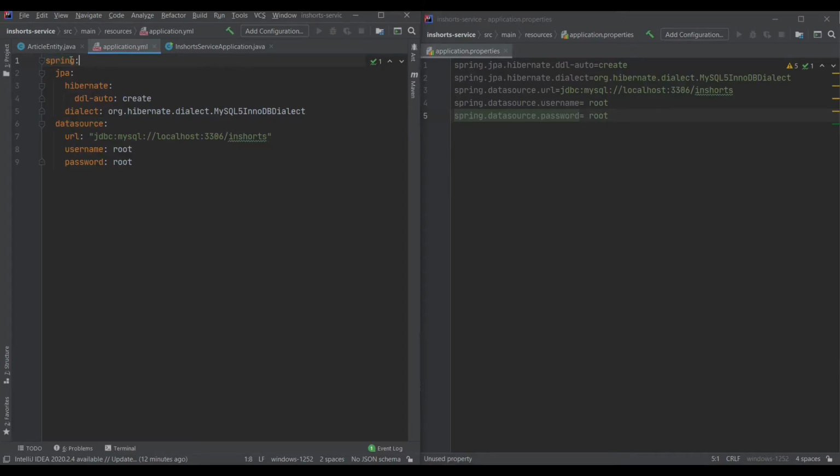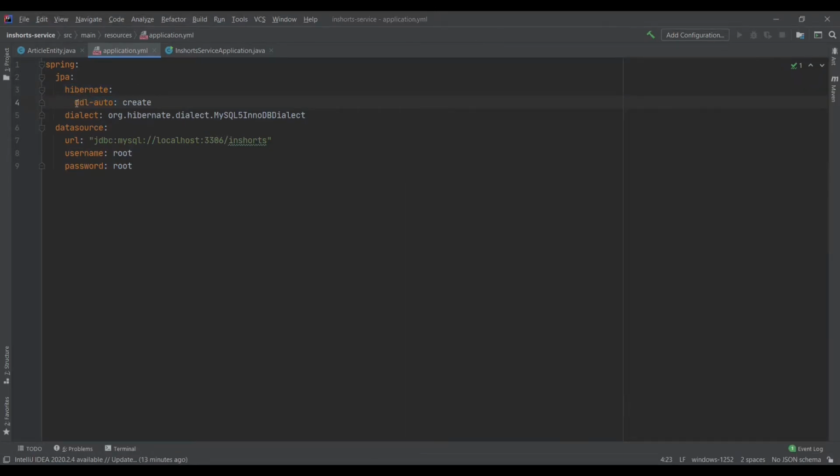So it's basically spring.datasource.url. Now you know the difference between both of them. You can use any of them. Let's quickly go through what these are. This specifies your data source. Here I'm using MySQL, so this is the host address of that MySQL. It's running on port 3306, and this is the name of the database. This is the username and password of MySQL. This is the dialect that we need to specify for MySQL, which I will tell you about later, and this is just the property name.